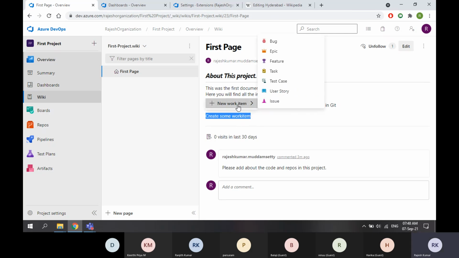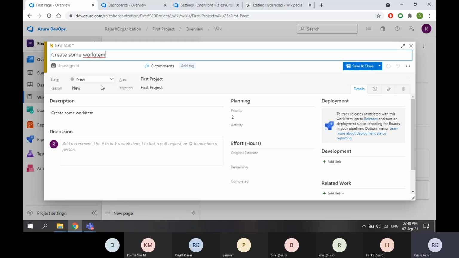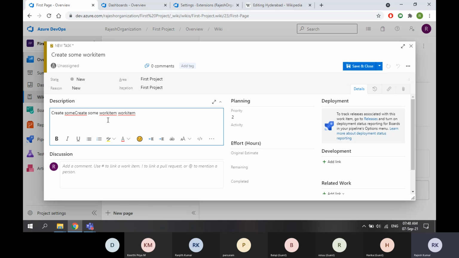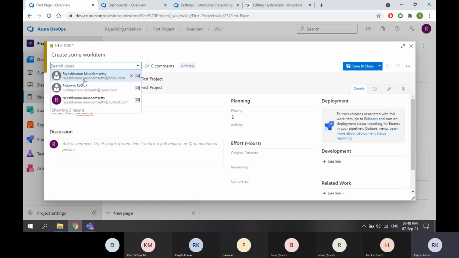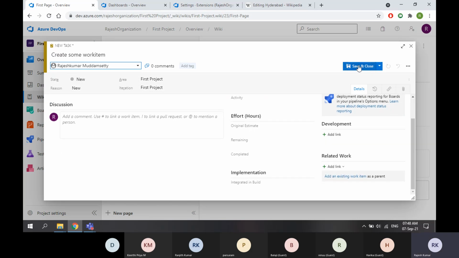Select this, go for new work item. The new work item will be some task, a task for some user. I can take the same into description. Oh, it's already there. And I will assign it to Rajesh Kumar. Everything is done. Save and close.